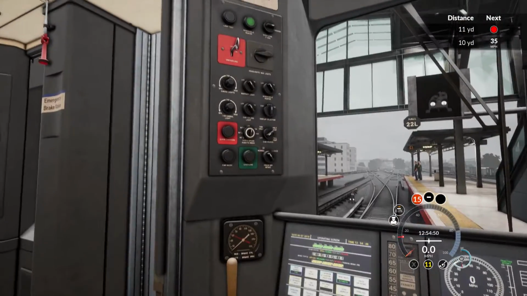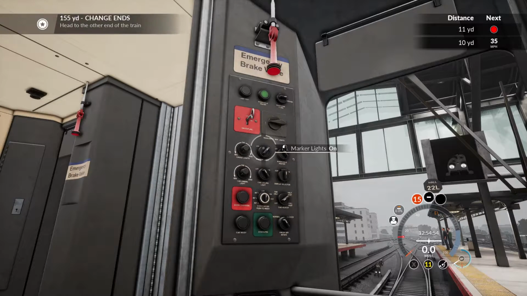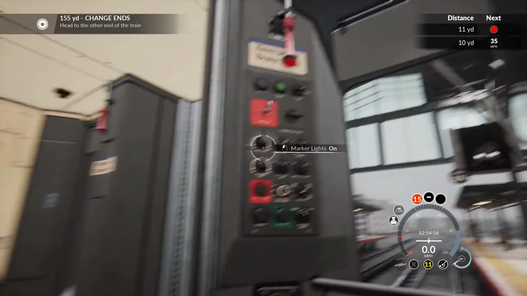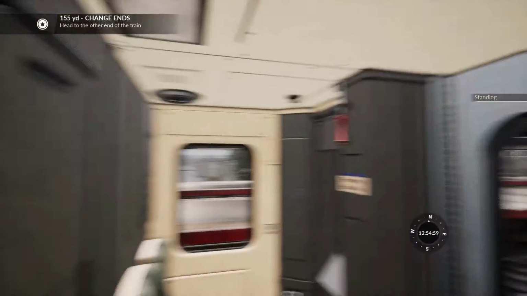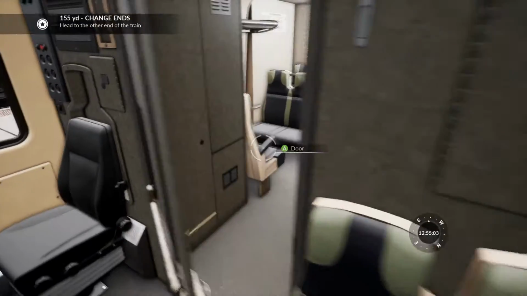Is there anything else? Do I need to turn the marker lights on? Cab lights off, marker lights on. Oh, game. Oh, game, how I love you. How I love you. Right, so then...